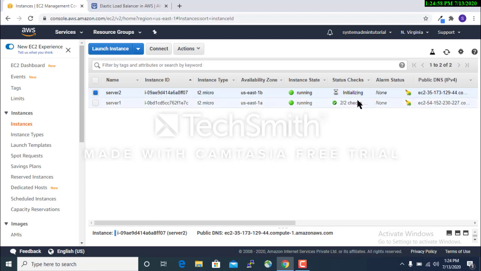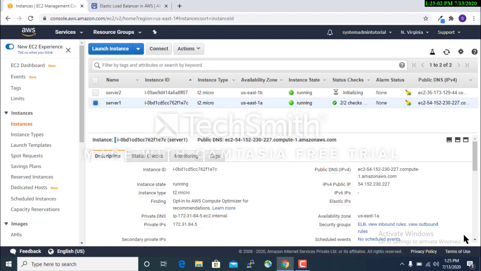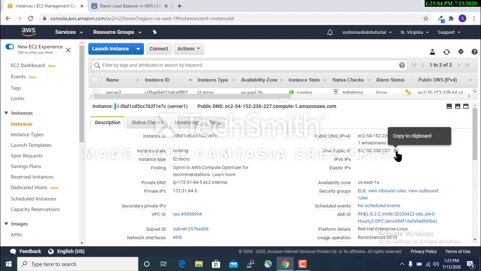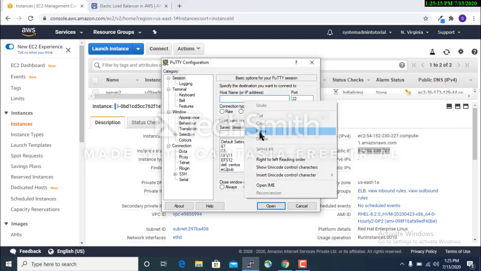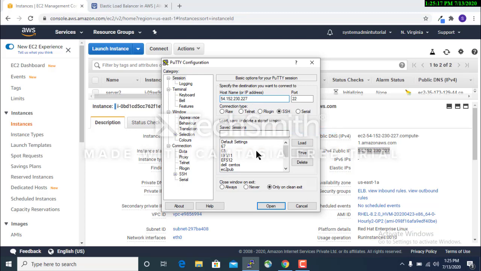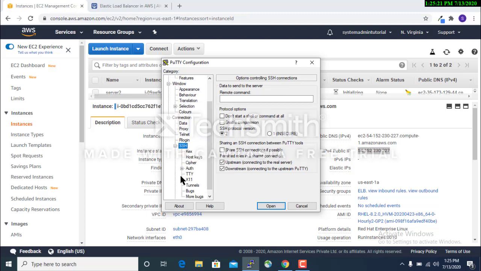Once it is initialized, you configure server 1. This is the public IP address. Go to your PuTTY, then SSH, expand SSH auth.